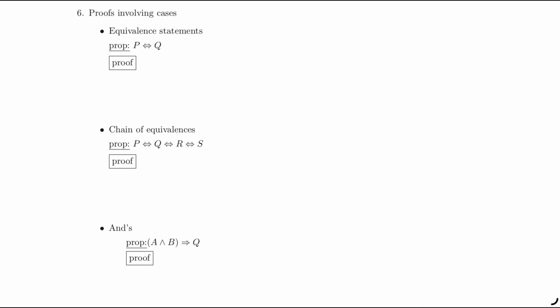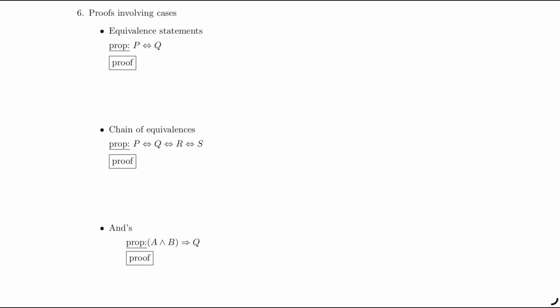In this last video, at least for today, we're going to look at types of proofs or proof structures that often break down into cases. So where we have to prove multiple things within the proof. What kind of statements do those apply to, and what forms do they take? In particular, this applies to statements, propositions involving equivalences and ors. Those are the things to look out for in the statement that might imply that cases are going to be needed. All right, so a lot of these are pretty straightforward, and we're going to go over them